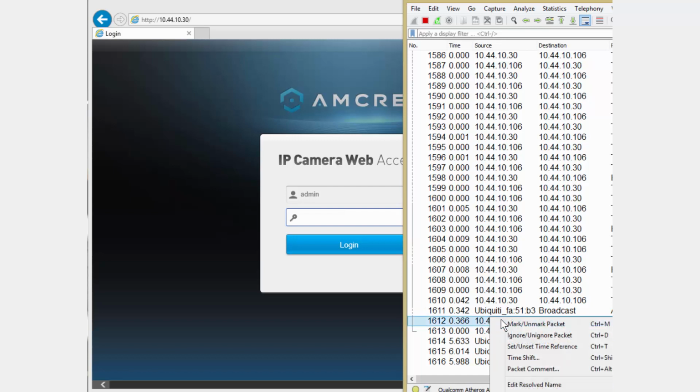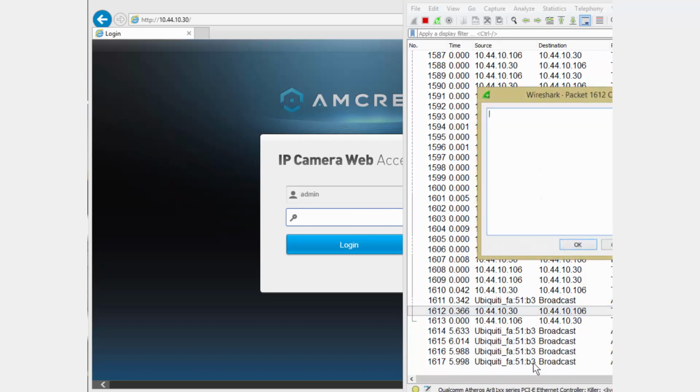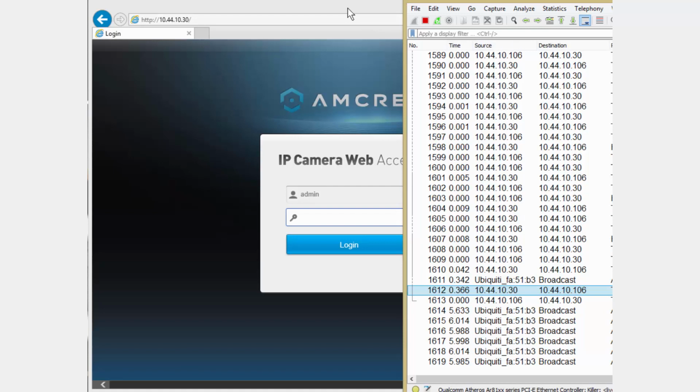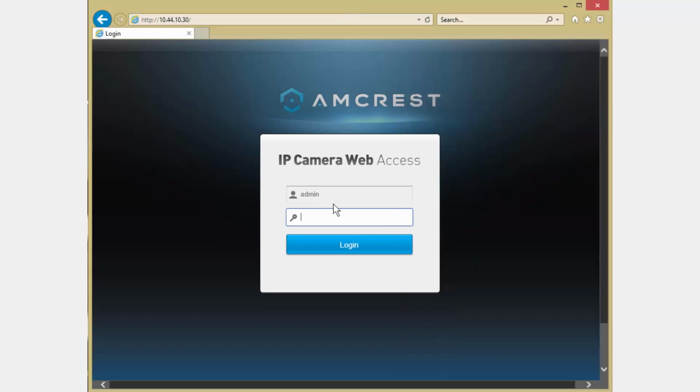The other thing you can do here is you can actually put a packet comment on 1612 and just say end of login screen, that sort of thing. Now it's saved right in the trace file. I've covered packet comments in the past. Come back over here, we're going to log in,